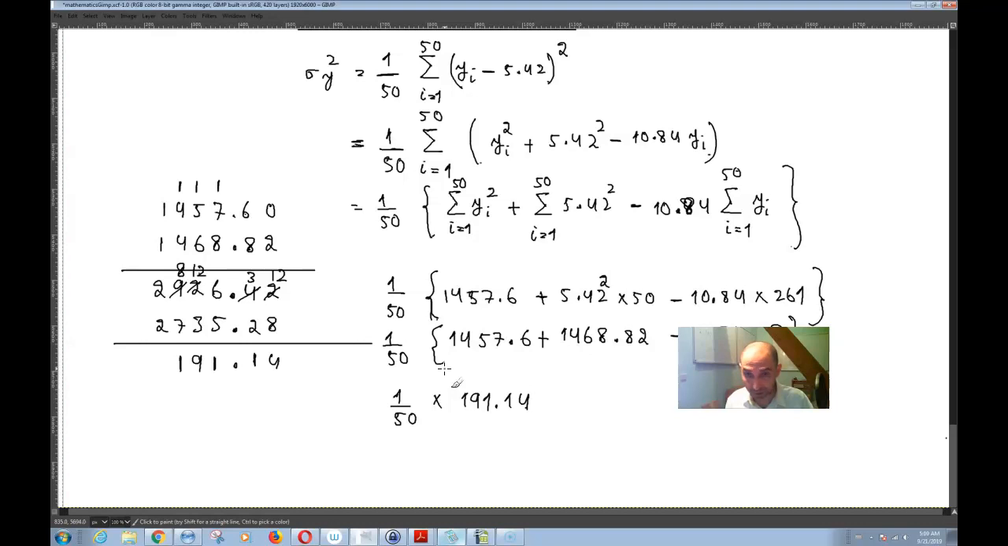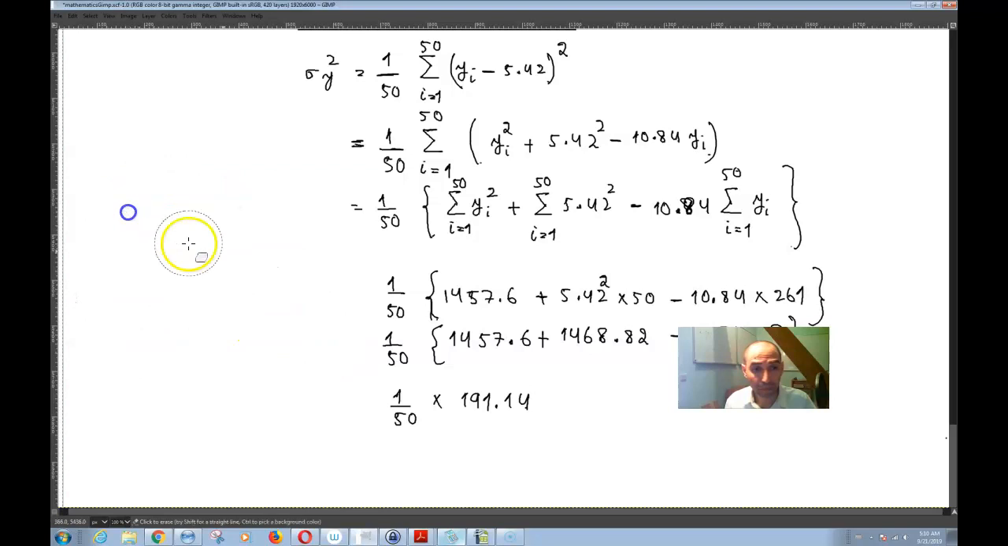1457.6 plus 1468.82 minus 2735.28 is equal to 191.14 divided by 50. You will get 191.14 divided by 50, you will get basically